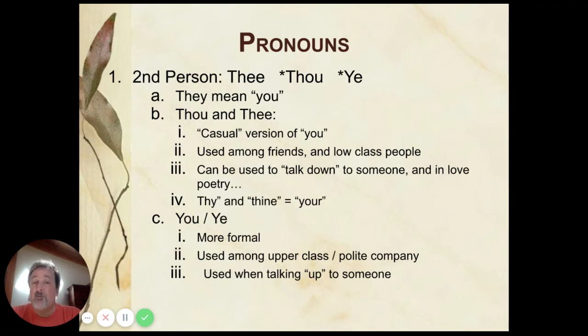One is what you use with your friends. Tú tends to be what you say when you're talking to someone who's an equal, and usted is more formal. English used to be the same way. So if you were talking to a friend, you would say thou or thee, and that shows that you have an equal relationship. On the other hand, you could also use it to put somebody down. So thou or thee just mean you, and thy or thine is your. To thine own self be true. Be true to yourself. You or ye, on the other hand, was more formal and used in polite company.